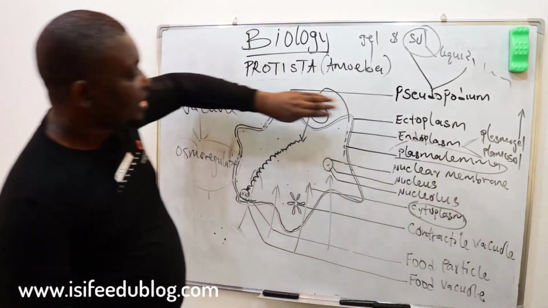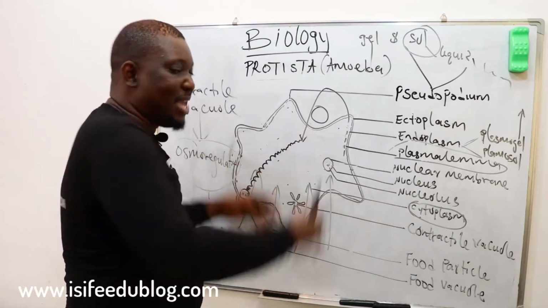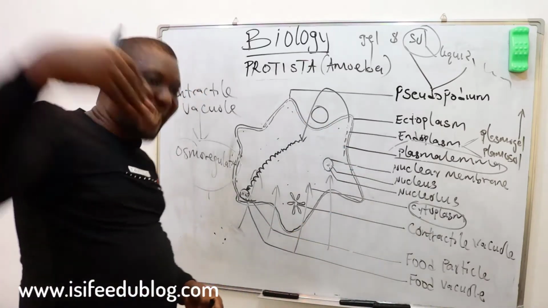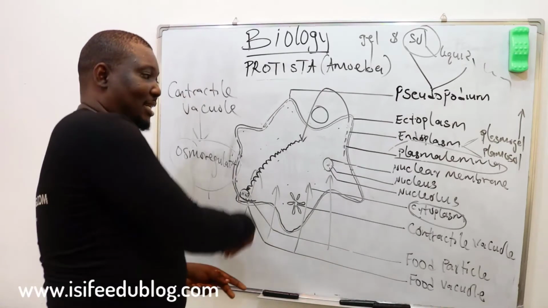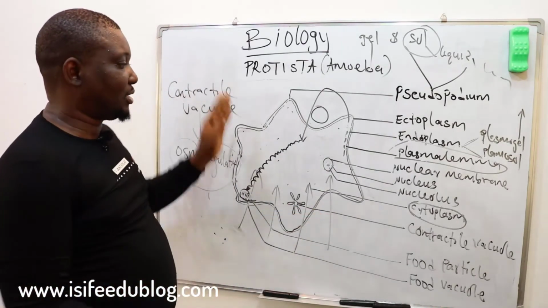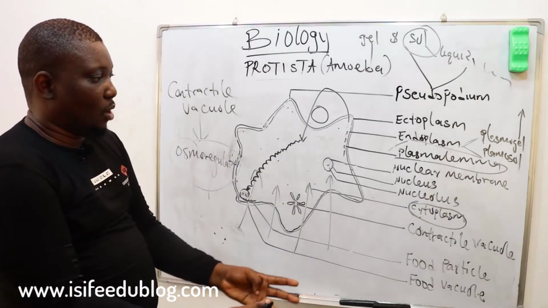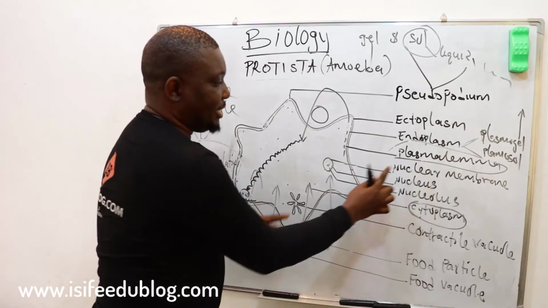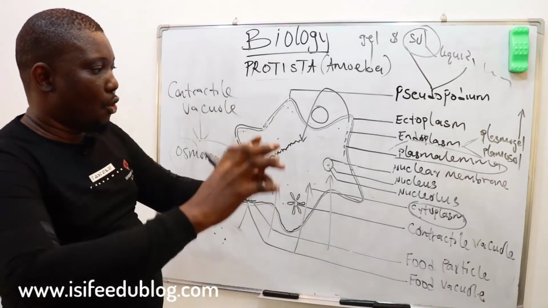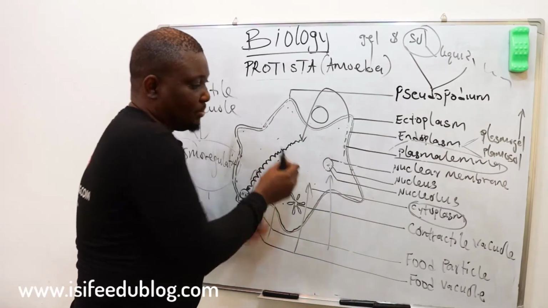The plasmalemma is what delimits the content of the cell by making sure that the system here is well regulated, being that substances are prevented from either leaving the cell or entering the cell. As substances enter the cell, we make the cell burst. Substances leaving the cell, we make the organism what? To shrink. So what this does is to make sure that the content of this cell is protected or regulated.